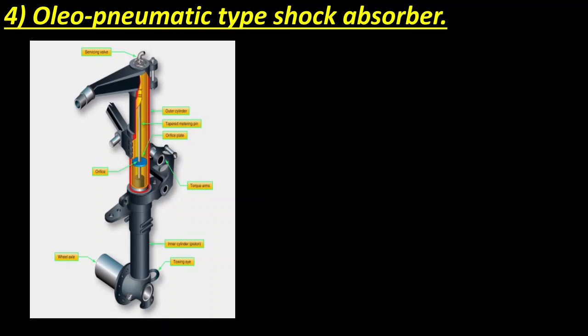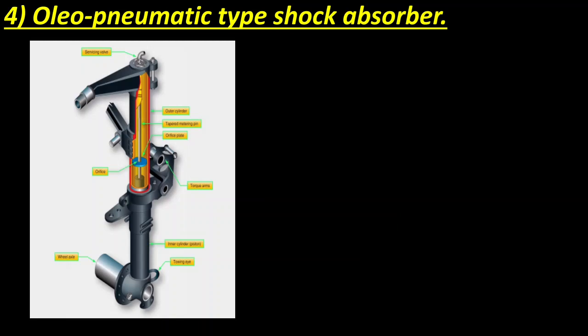It is for controlling the rate of fluid flow from the lower chamber into the upper chamber. During the compression stroke, the rate of fluid flow is not constant. It is automatically controlled by the tapering of the metering pin in the orifice. So when a narrow portion of the pin is in the orifice, more fluid can pass to the upper chamber. As the diameter of the portion of the metering pin in the orifice increases, less fluid passes.